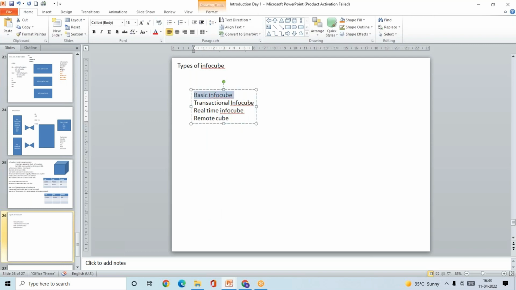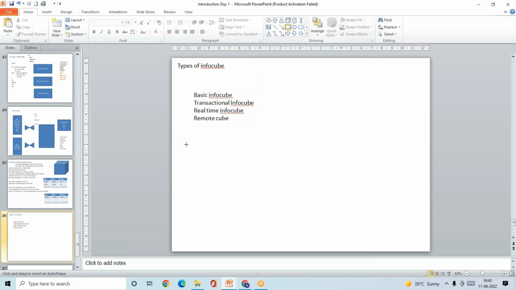Basic cube is nothing but the one we have discussed now. Transactional info cube. What is the purpose of transactional DSO? For planning purpose, to load data directly. Yes, in the same way, transactional info cube is also used for your planning data. If you want to save the planning data in the info cube, then we use this info cube. Okay. Then real-time info cube means